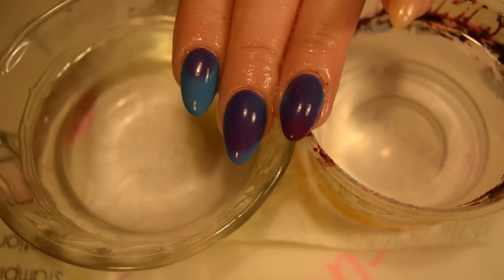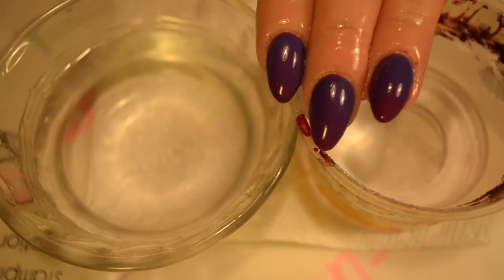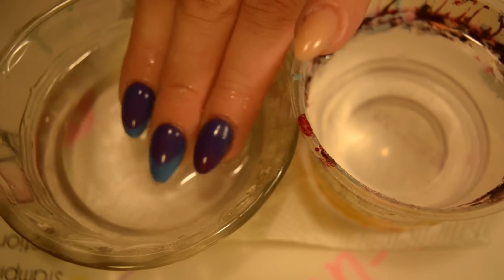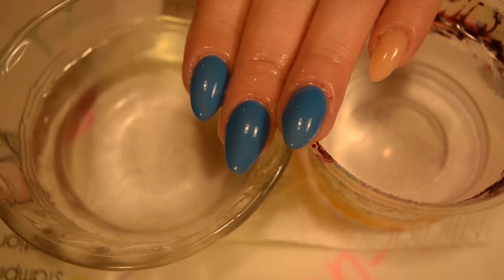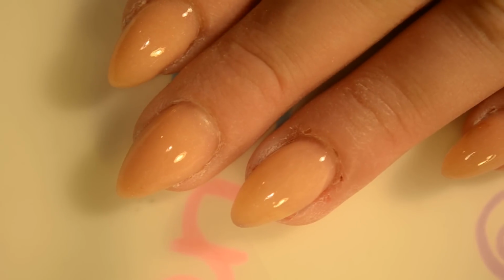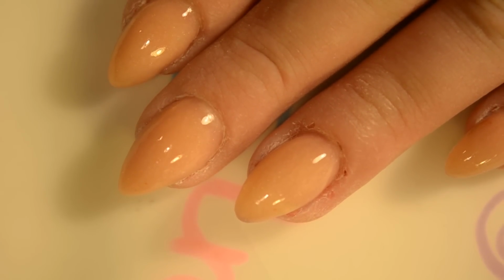Isn't that amazing? Very, very quick. Very reactive. These are awesome. I love wearing thermal polish. I think it's so cool. Okay guys, let me go ahead and take this off and I'll meet you right back to swatch the Ice Queen. Okay, so I went ahead and filed off the cotton candy polish, and now I've got on one coat